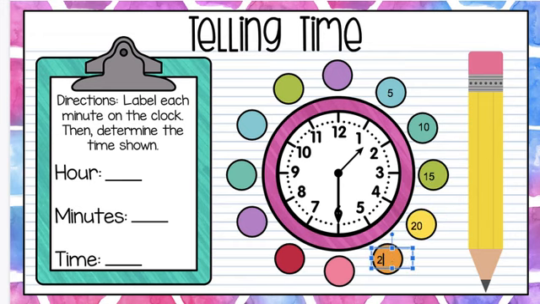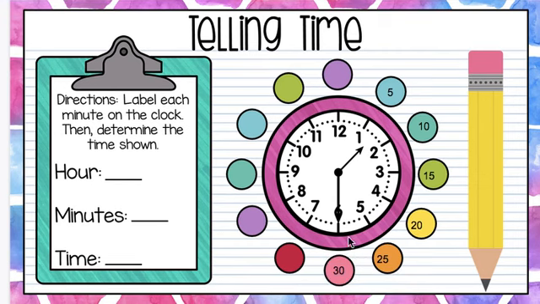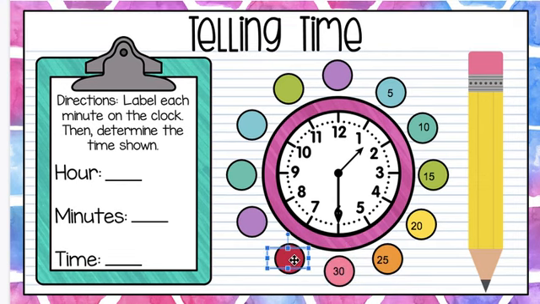20, 25, 30. Remember, there's 60 minutes total in a clock, so it makes sense that halfway around we're at half of 60, which is 30. 35, 40, 45, sorry, some of these have to be scooted over a little bit, 50, a little more,